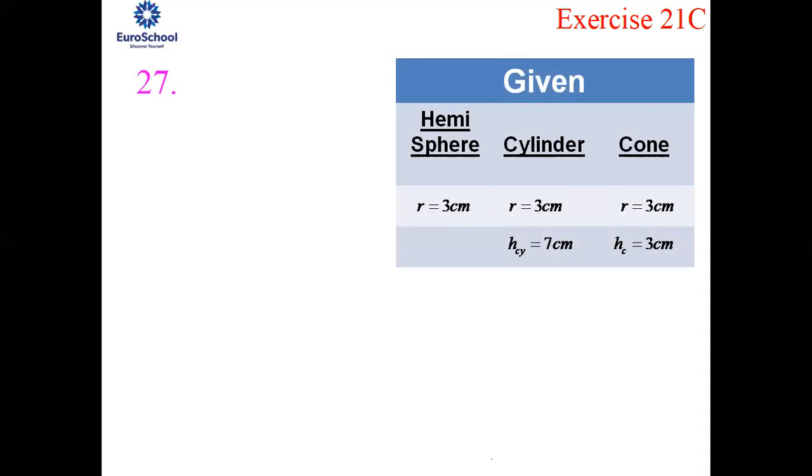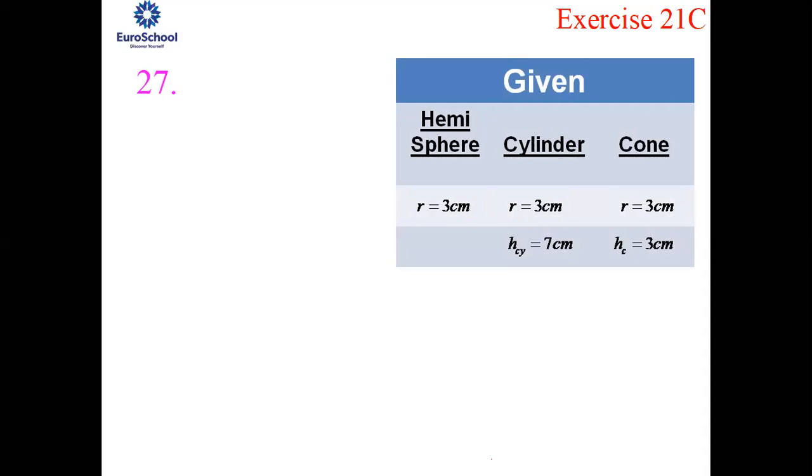27th question. I'll just read it out and then we'll proceed further. Is that clear? So what is given in the 27th question? A hemispherical and a conical hole is scooped out of a solid wooden cylinder. Find the volume of the remaining solid where the measurements are as follows. So they have given a cylinder. You can just look at the figure.